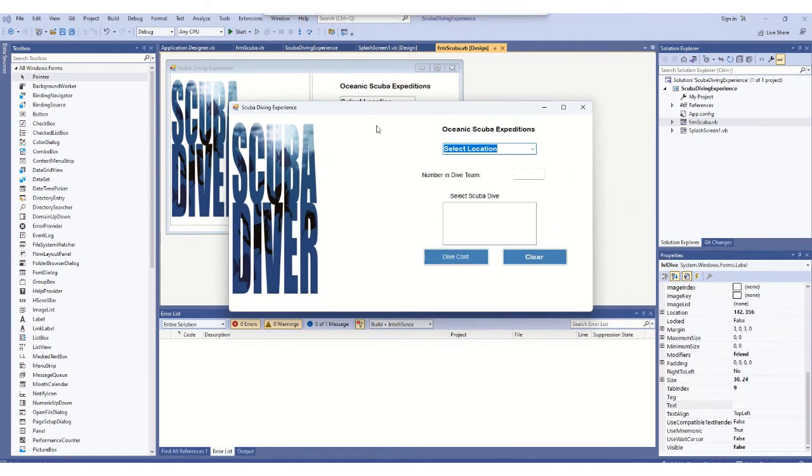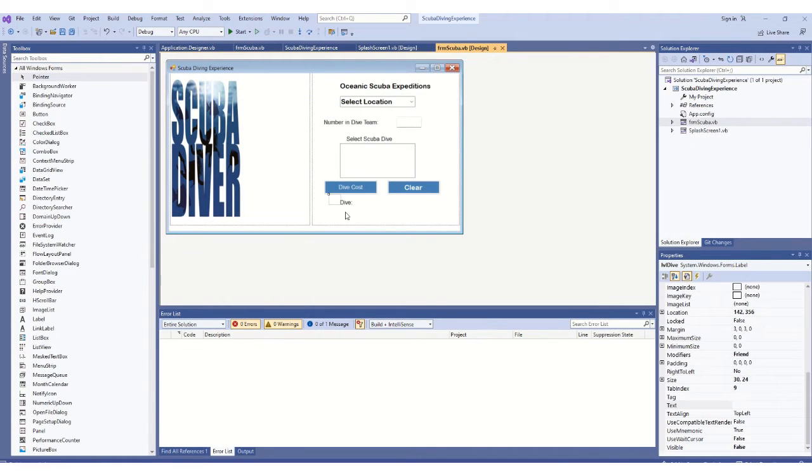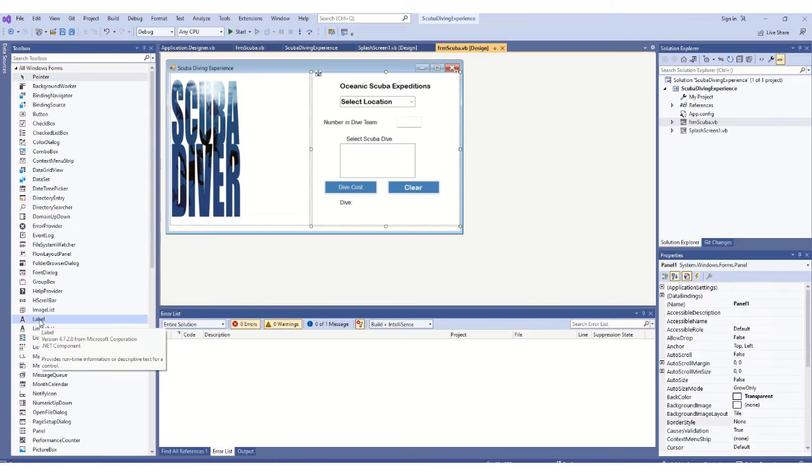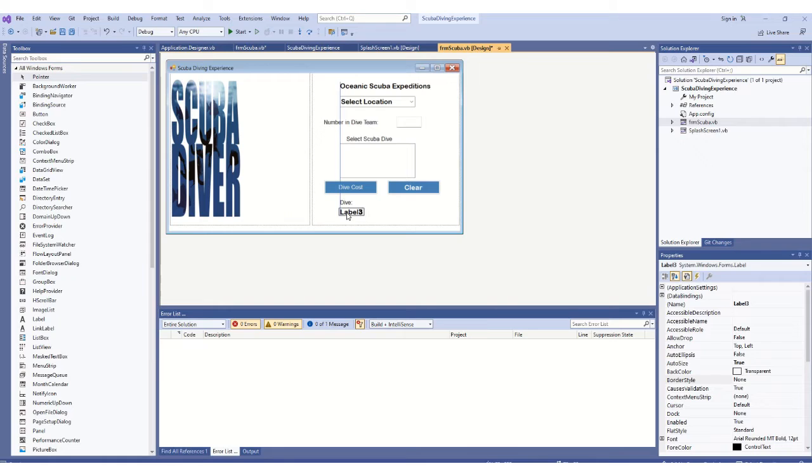So you will see this, you won't see the lower levels. The next one, you have to drag another label. Where is the label object? Here. You need to make it dive, and then